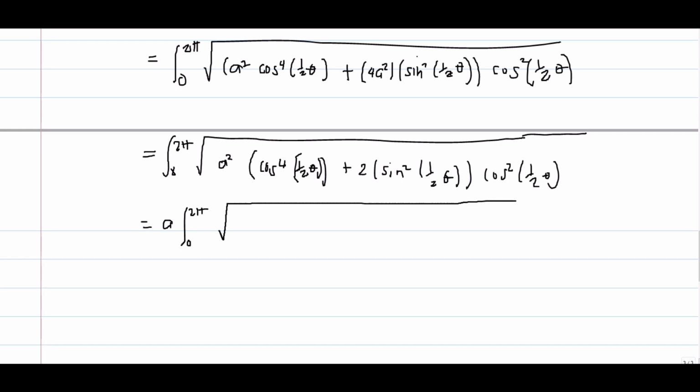Okay. So let us now factor out cosine squared. We have cosine squared 1/2 theta. Okay. Then open bracket. So we have, in this case, cosine squared 1/2 theta, then plus